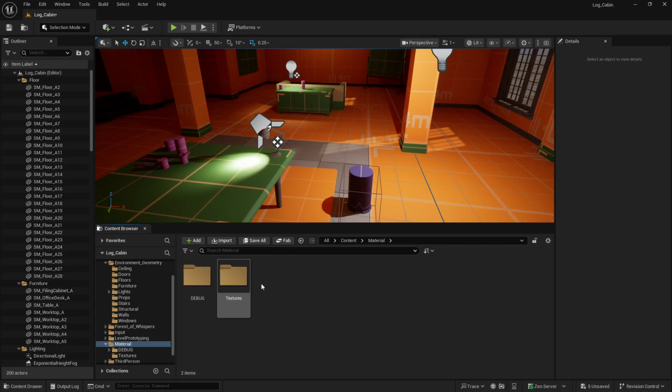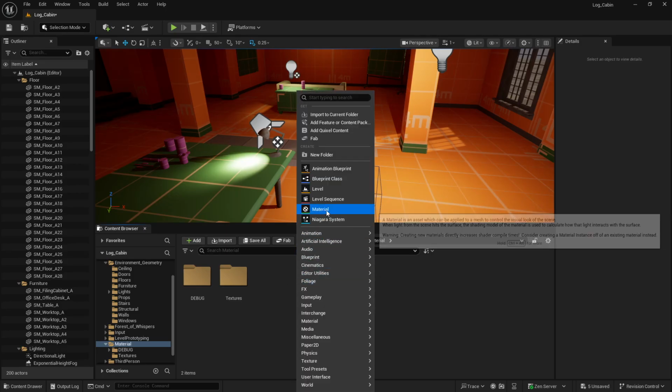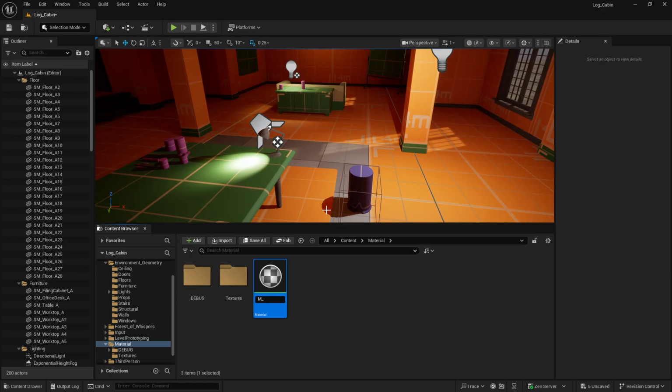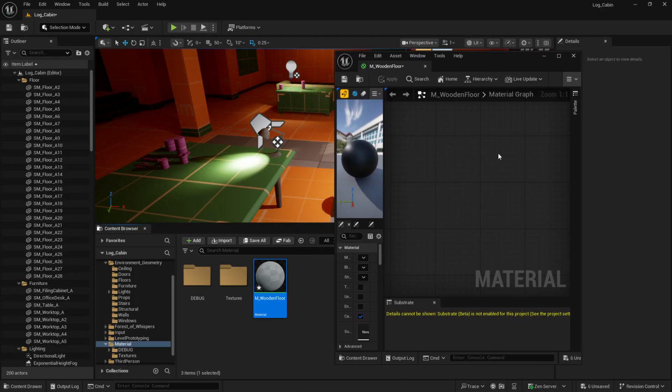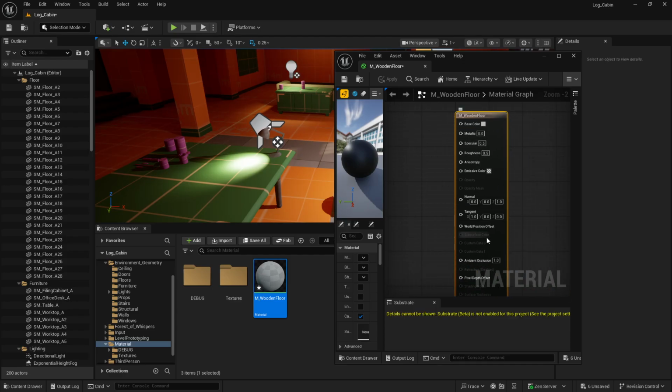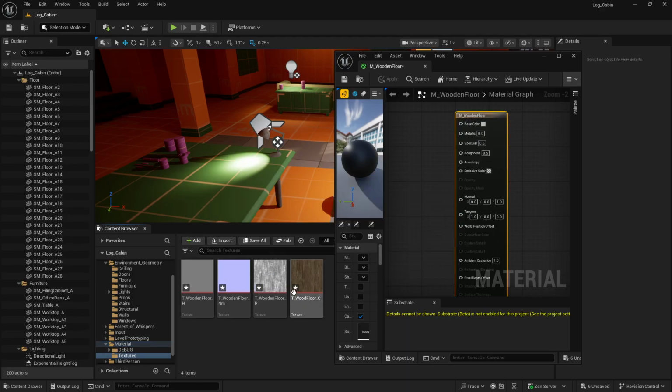In here, in my materials root folder, I'm just going to right-click, add material. This is M, because it's material. Wooden floor. I'll bring it into here. And obviously it opens up my material, which we've looked at before, but remember that this is your material result. Everything gets plugged into this. And if you want to change how the material acts, it's all inside here. So I go to textures, I grab these guys, drag them in,